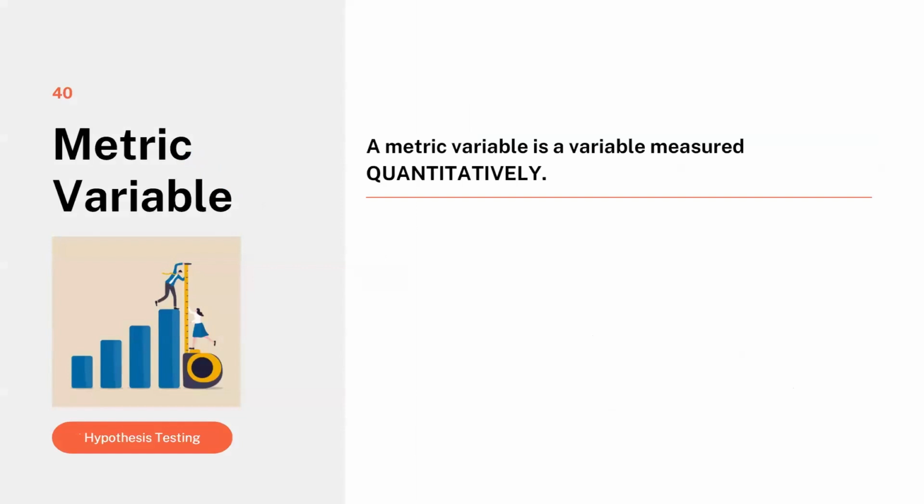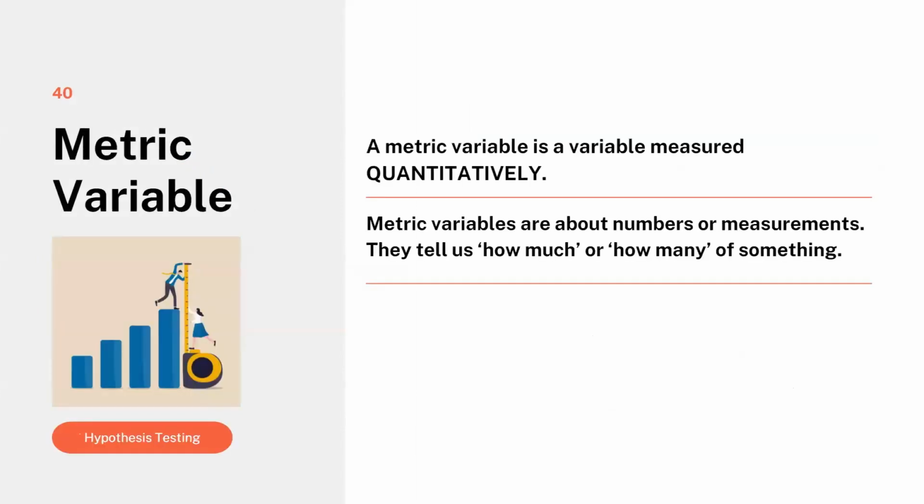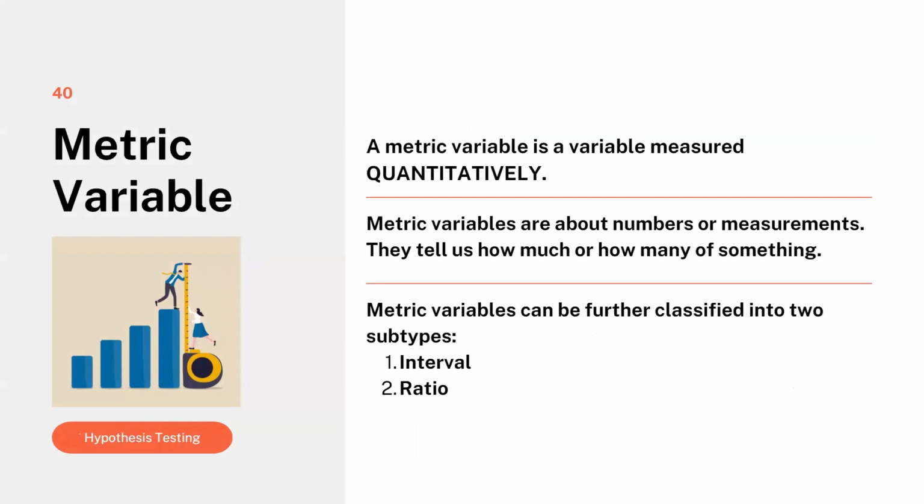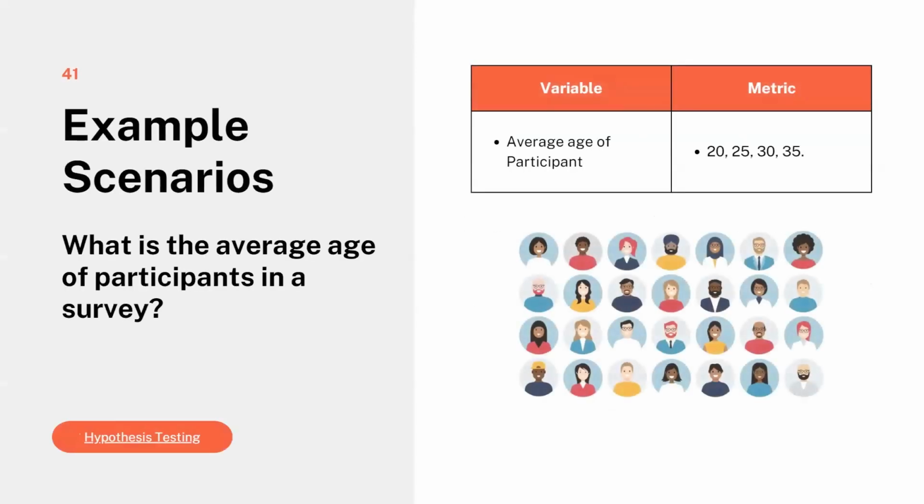So metric variables are numerical and allow mathematical operations like addition, subtraction, and division. Examples include age, income, or height. These variables can be further classified into interval scale and ratio scale. To understand this, here is an example scenario: what is the average age of participants in this survey? So here the variable is the age of participants. We are going to collect the data and calculate the average. They are going to give only their age, maybe 20 or 25 or 30. We are going to calculate the average from this. We are going to do some mathematical operations, so it comes under the